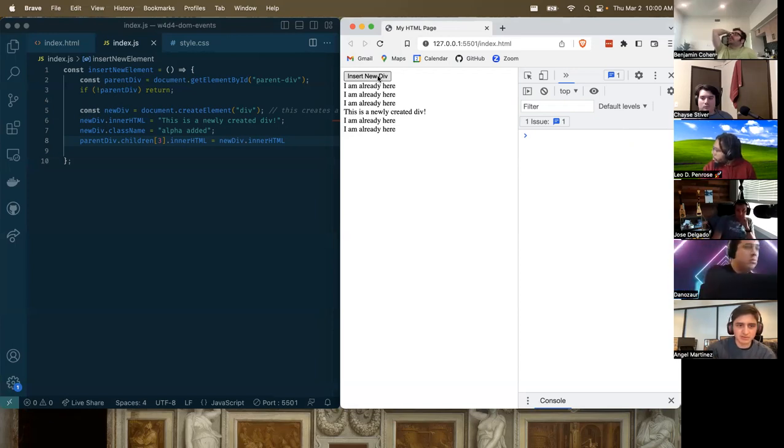So couldn't you just keep appending it and then get the third one? Like if the length of parent div equals 3, then like what you're trying to do right now. Okay, I think I see what you're saying. I mean, I could have always,